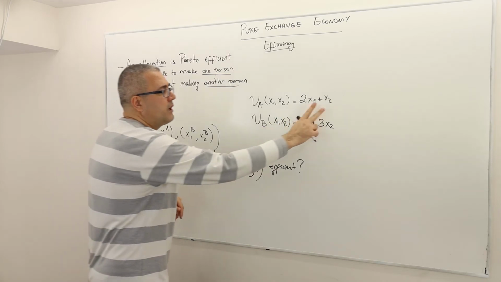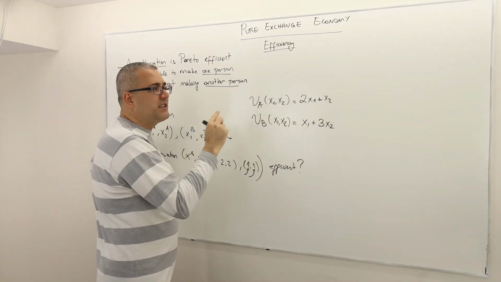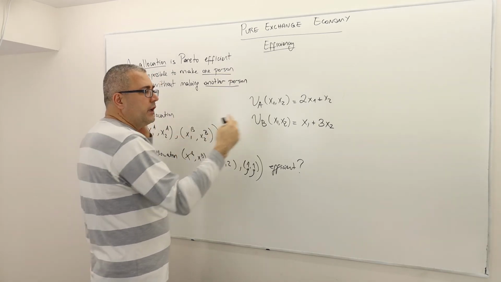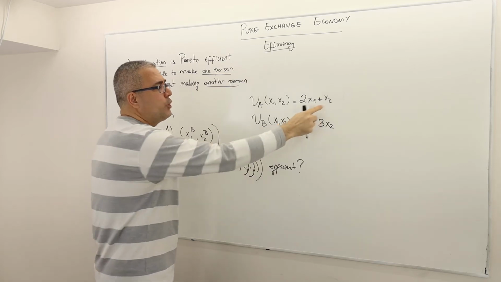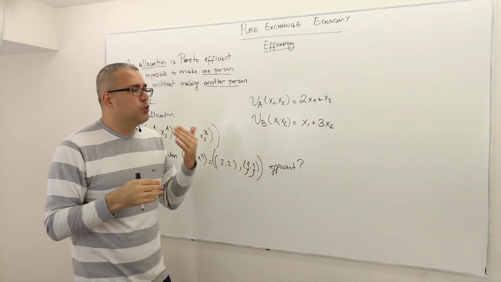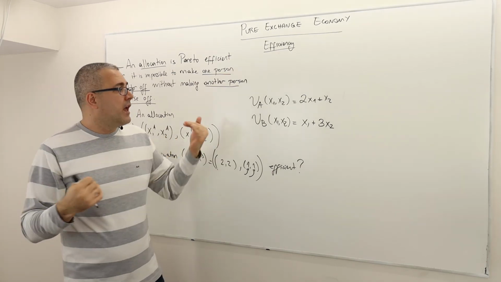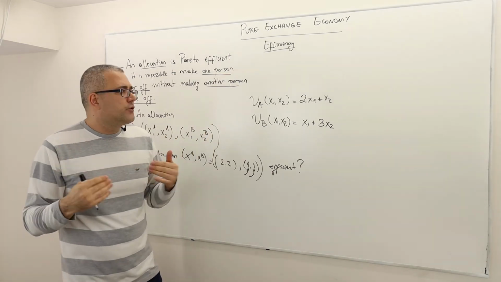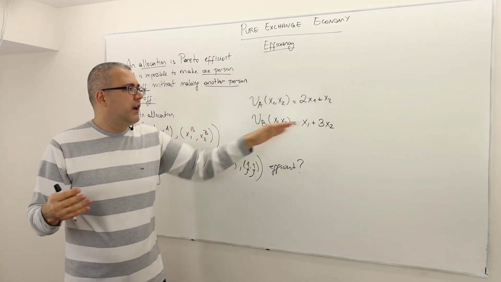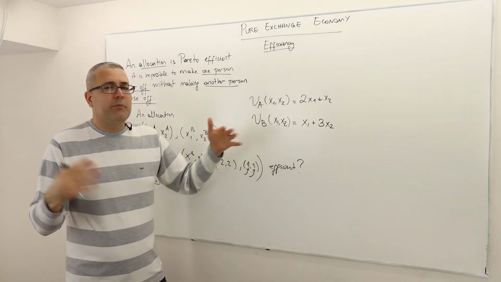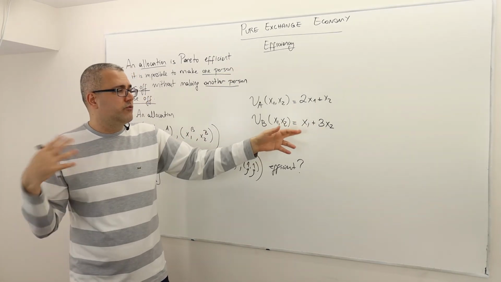Well, look at the marginal rate of substitution. So here, Anita gets 2 times more utility on good 1 than good 2. So she values good 1 much more, 2 times more than good 2. And for Bob, the opposite is true. It's 1 to 3, but the absolute values here are irrelevant. What matters is that he is actually caring about good 2 rather than good 1.